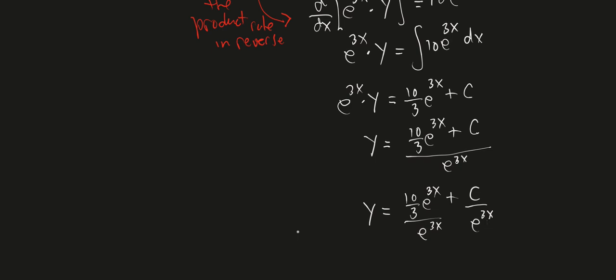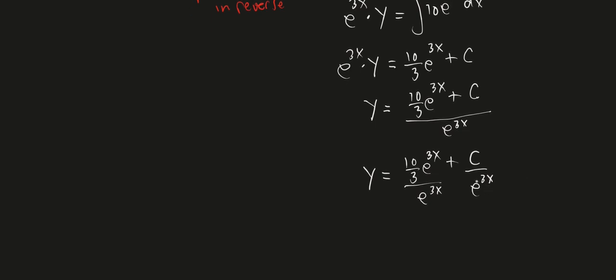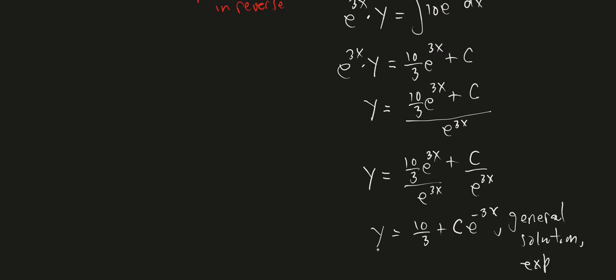It just ends up being the constant 10/3. And then this one, I can use my property of exponents, and I can write that as c times e to the negative 3x. And there is my general solution. Again, it's general because I don't have an initial condition, but it's an explicit solution because I have isolated my unknown. Well, now it's known. I know what my function is,